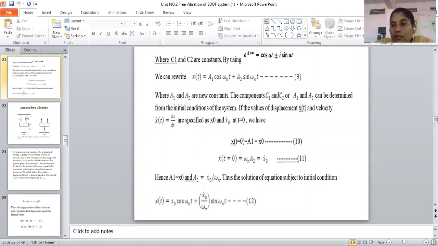Damped free vibration system means it is damped and it is free, so two parameters will change. One is with respect to the damped system, which means the Cx dot parameter will appear. As far as free vibration is concerned, the external force f of t will appear. So you can understand how this derivation will come. Let me put here how to arrive at it. So what is the damped free vibration?